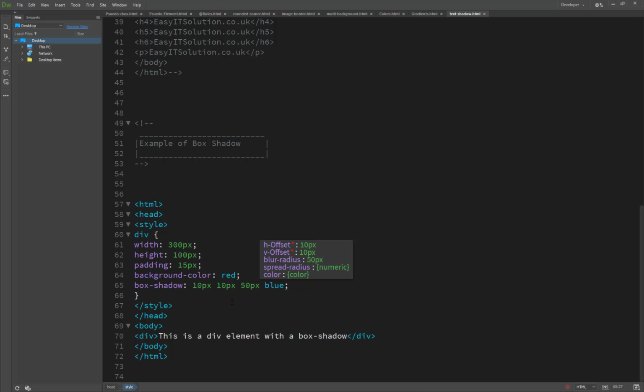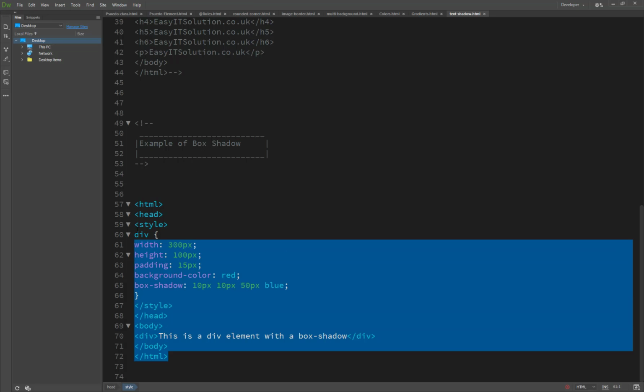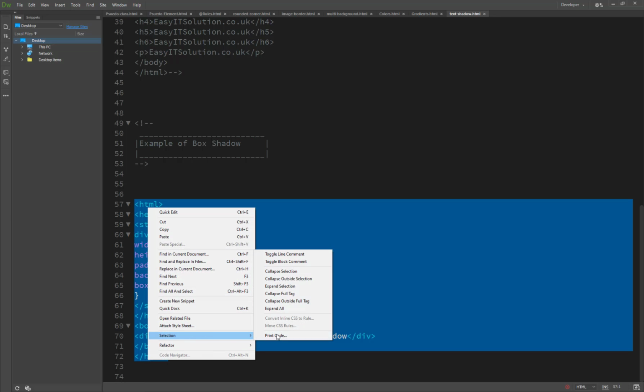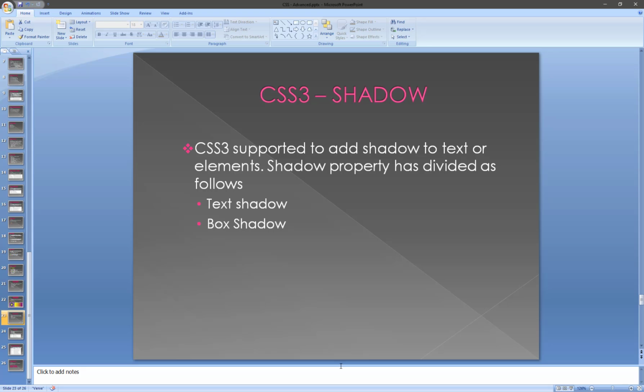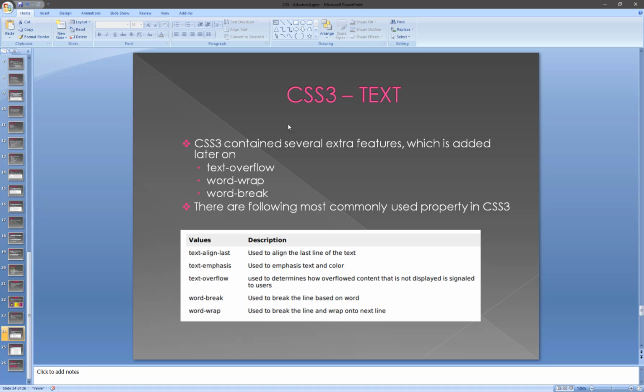So this is the basic technique by using the box shadow or the text shadow. So I've just commented this one, and now let's move to another series, our next